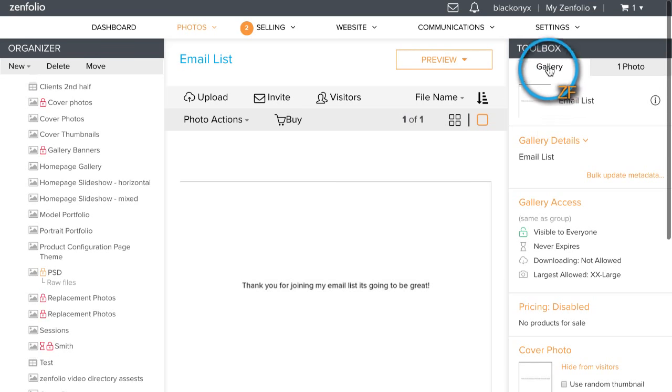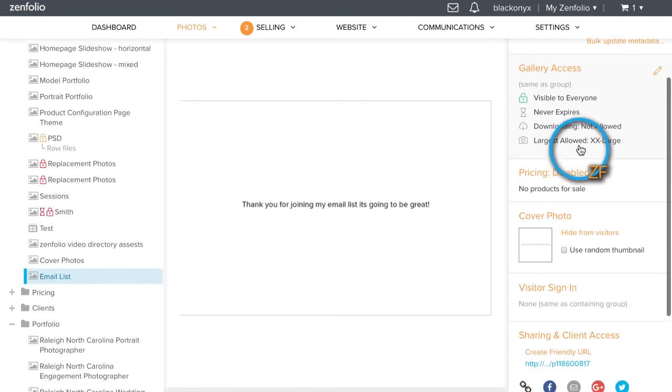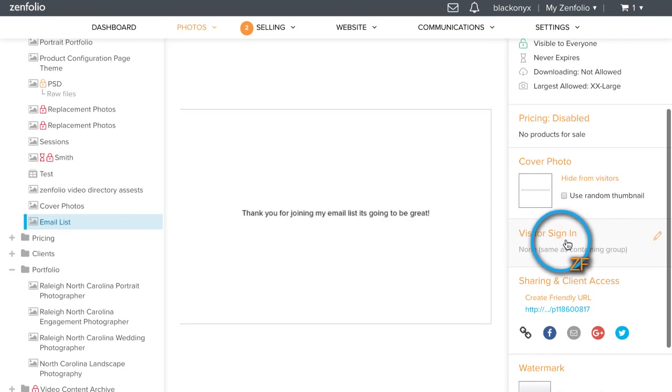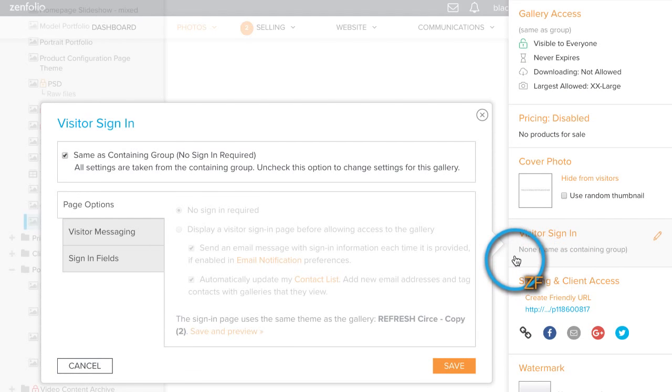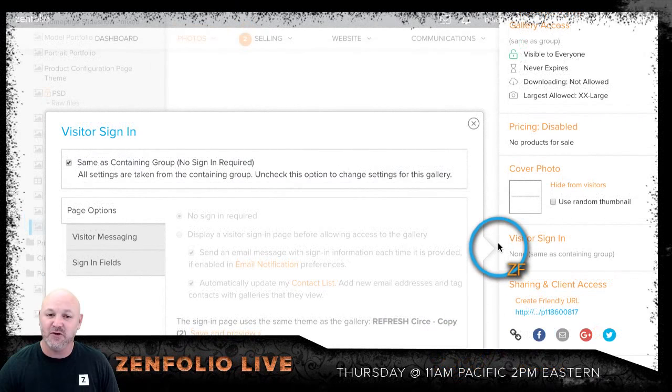So right here, we're on the actual gallery. We're going to come down here to visitor sign-in and click visitor sign-in. Right now, you can see that it says none. We want to change this over so that visitor sign-in is set to show, because the whole point of